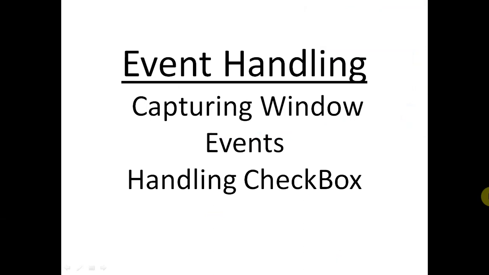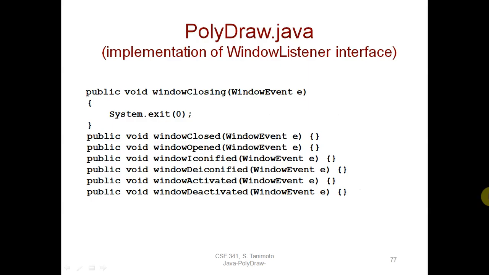So today we will discuss about window events and what are the different functions of window event, and window listener is used for event handling in window. You can see here we have lots of functions which are related to window event. We require window listener as well as window adapter class. Window listener is an interface and window adapter is a class, so we can use both of them